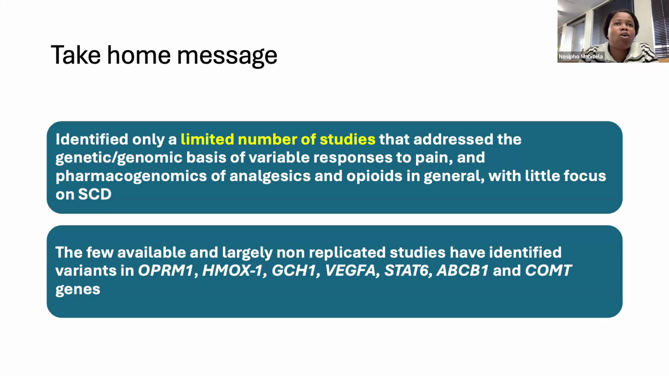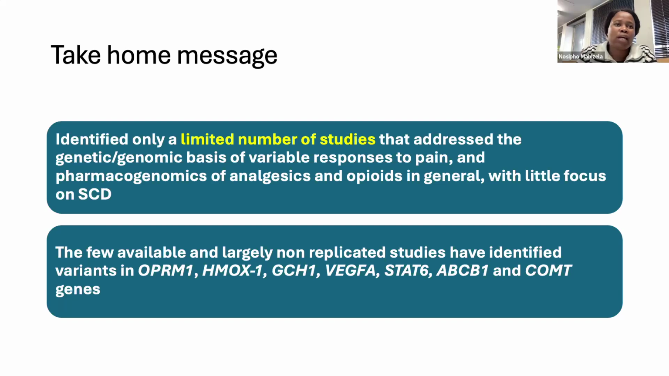But what was our take-home message from this whole search of papers? We saw that indeed there is a limited number of studies that look at pharmacogenomics of sickle cell disease therapeutic, regardless of where you are. But when you look at Africa, we saw a very limited number of studies that focus on sickle cell disease in terms of pharmacogenomics. And we saw few available studies, and those studies were large studies. However, they were not replicated in other